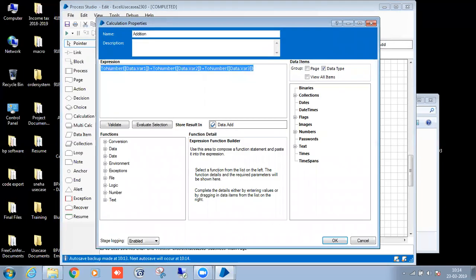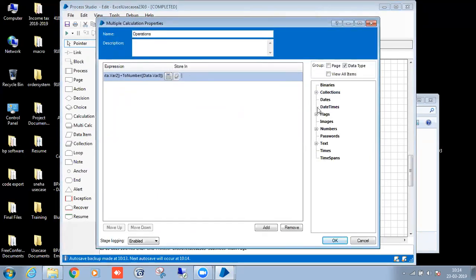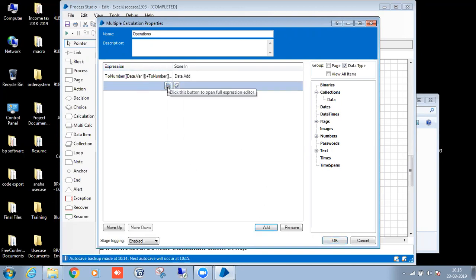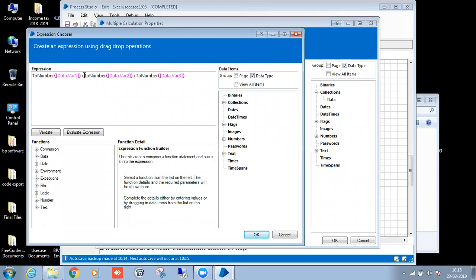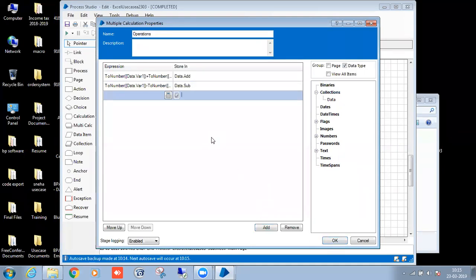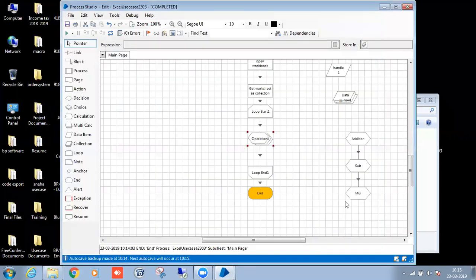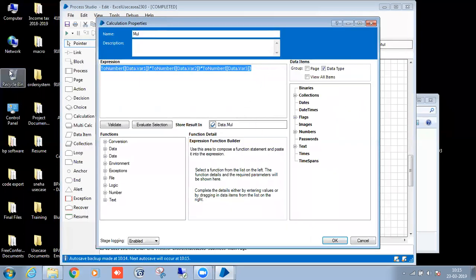The first one is the expression, collection dot field. Second one is the subtraction. Third one is the multiplications.